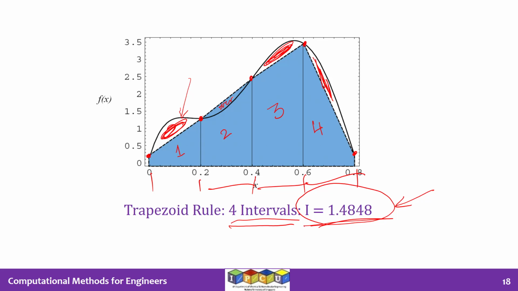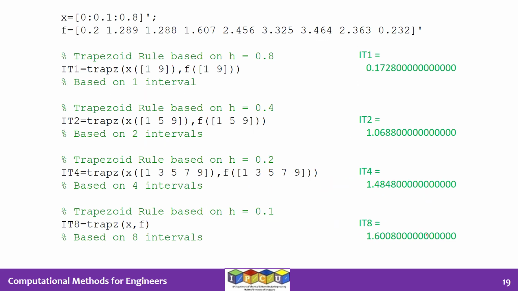Overall, the underestimation dominates the overestimation, as you can see in this illustration. The white areas under the curve, if you add them up, are significantly larger than the blue area under the line and between the curve. So that is why you get an underestimate of the value of the integral. Now, this is just pictorial for us to get a first look at it, but then we will solve the problem using MATLAB commands.